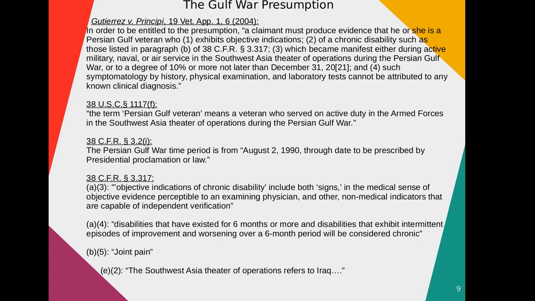First, we have a case called Gutierrez v. Principi, which is one of those cases that beautifully spells out some of the elements of the Persian Gulf War presumption. Allow me to read it to you. In order to be entitled to the presumption, and that is not part of the quote from the case, the quote begins here, a claimant must produce evidence that he or she is a Persian Gulf veteran who 1. Exhibits objective indications, 2. Of a chronic disability such as those listed in paragraph B of 38 CFR 3.317,